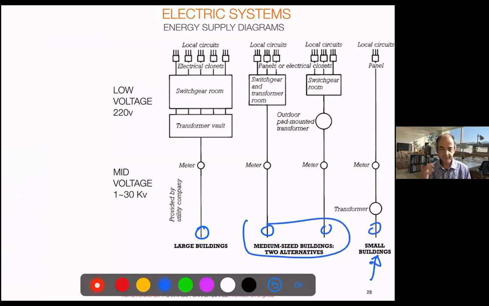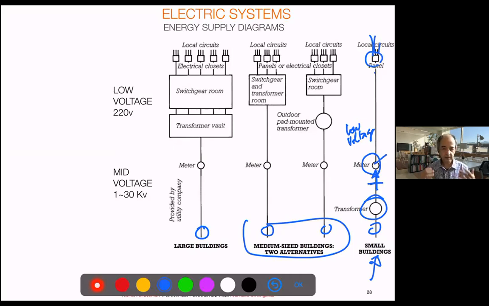For very small buildings, say an individual house or small villa with no more than 5 or 10 units, you may have just the direct connection, the transformers in the city, and you have your meter, and you have the low voltage straight into the house, right? You have your meter, and then the control panel, and then each of the circuits, which goes to the rooms.